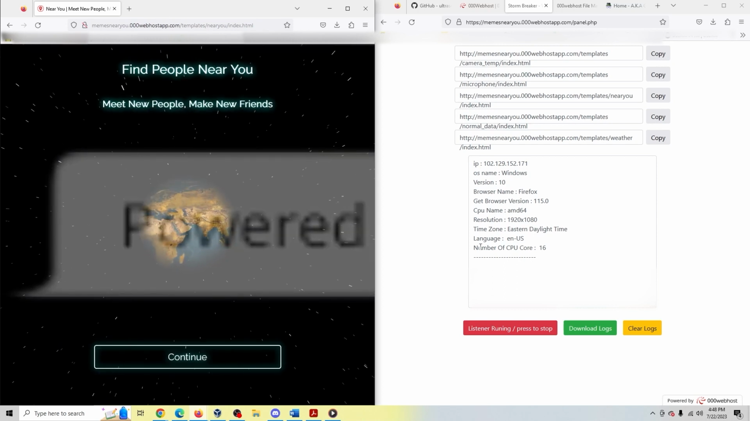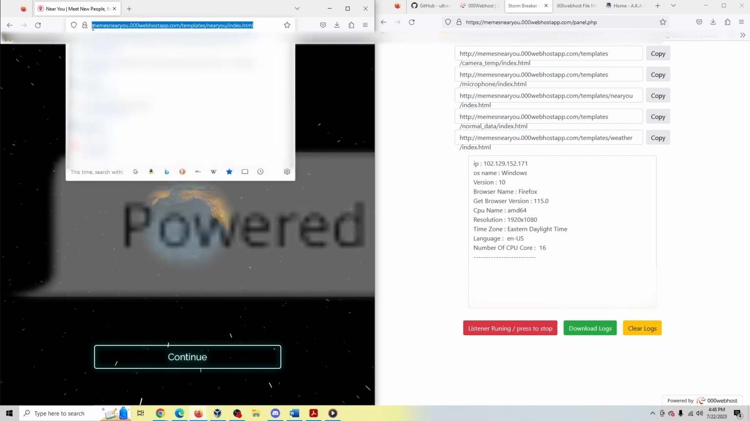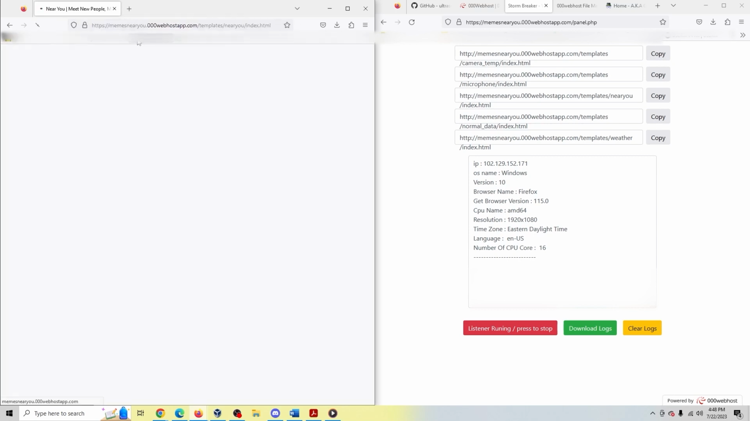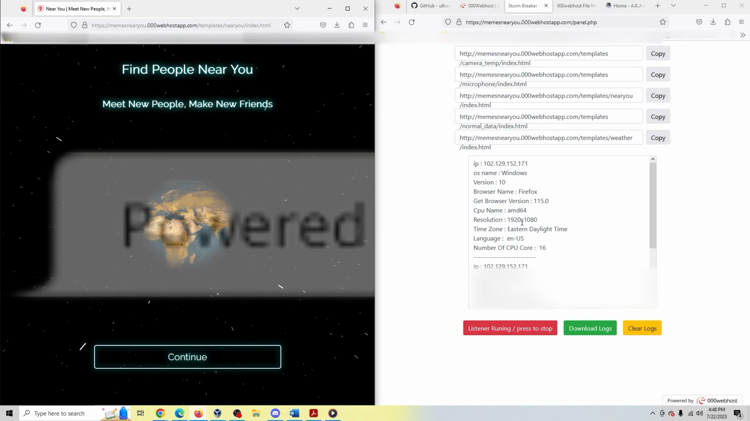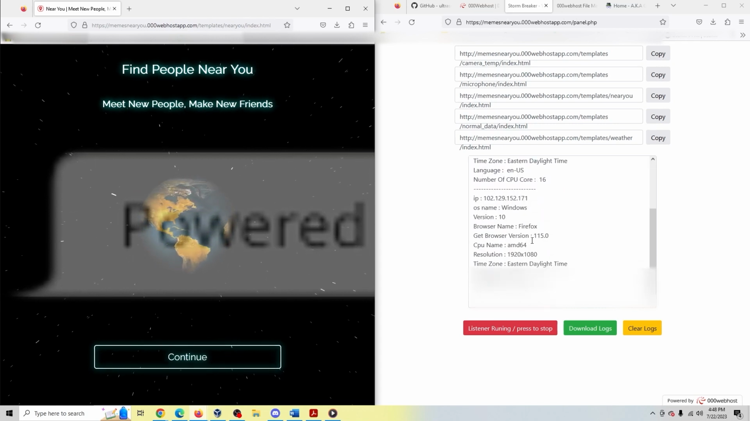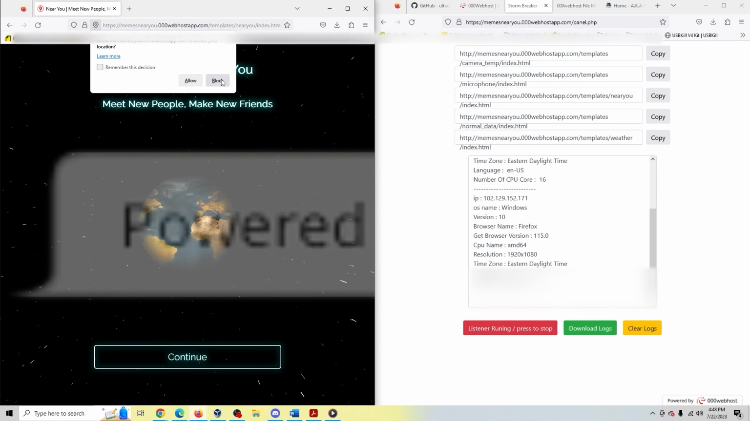The reason being is this site needs to be HTTPS. So just change it. When you send the link, make sure you send it in HTTPS format. You'll see it'll grab the information to the right again. Same information, nothing changed. This time though, when they click continue, they'll be asked if they want to allow the location? I'm gonna block it